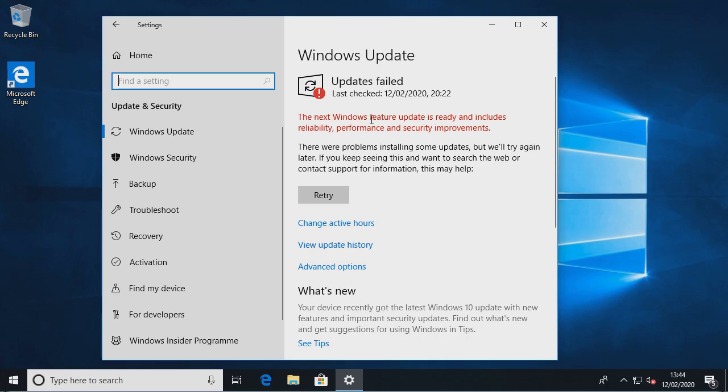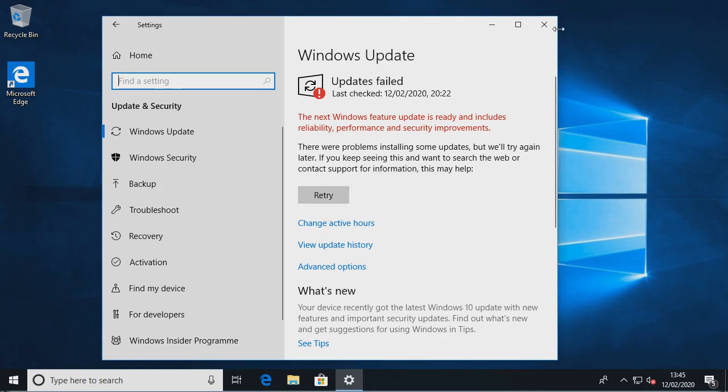So if you find that the feature update isn't mentioned here, and it just says we tried today, and I think the message says something about there being no updates, obviously you could just click here to retry, but then you won't know which feature update it's trying to install. So the other thing you can do, if this message isn't here and it doesn't give you the retry option,